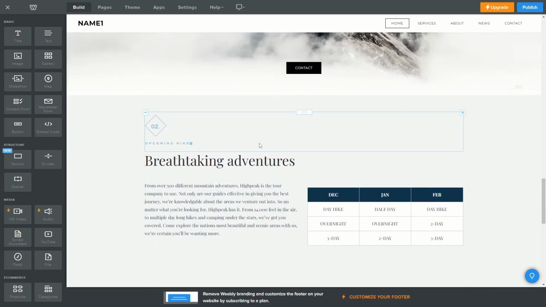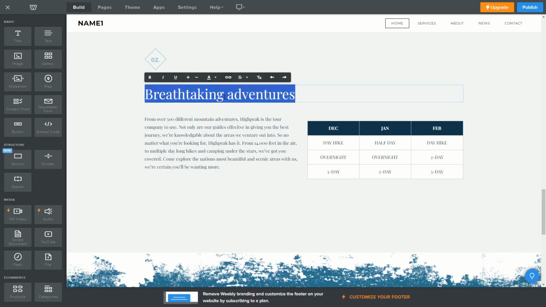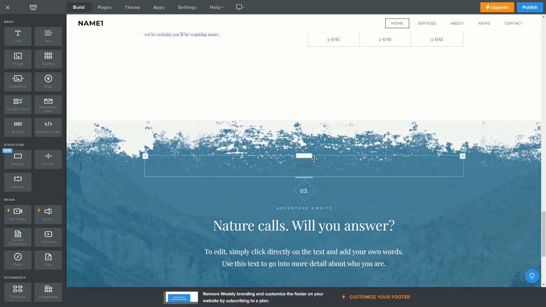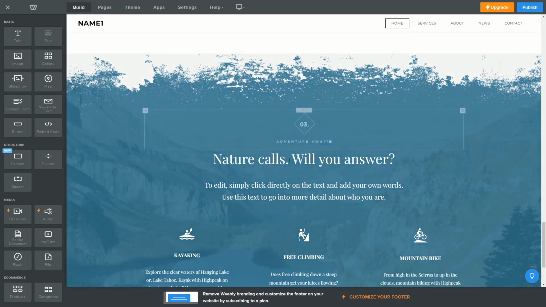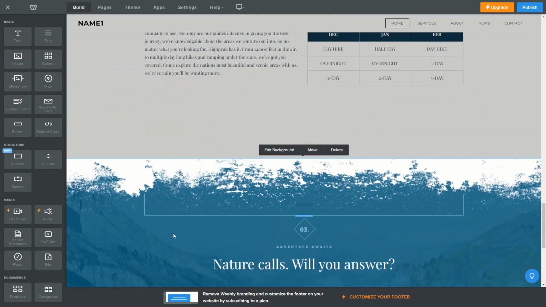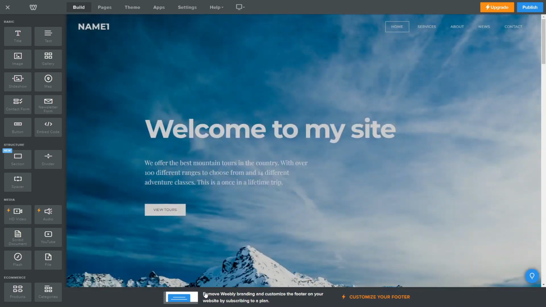Now if you scroll down, there is this next section. You can see you could also change the title here, so this could be title number 2, and here you can also change that description. These are all just placeholders, so you need to adjust this website content to what you're looking to create basically. And if you scroll down, you can see there's this next section, and we are already at the bottom of the page. Now if you scroll up again, you can see that there is this